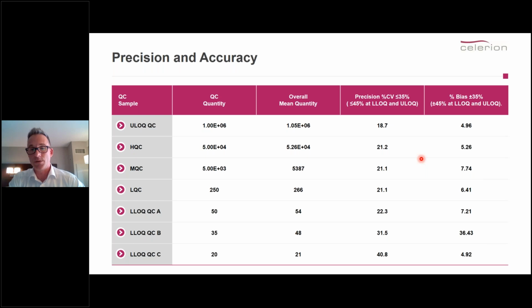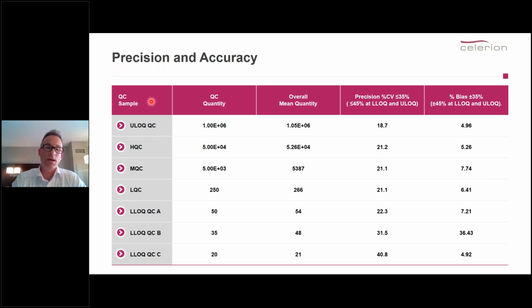Which brings us to the next set of experiments. You want to move on to tighten up your method and move into the next phase, which obviously, for us, is precision and accuracy. For a quantitative method, this obviously needs to be defined. We use